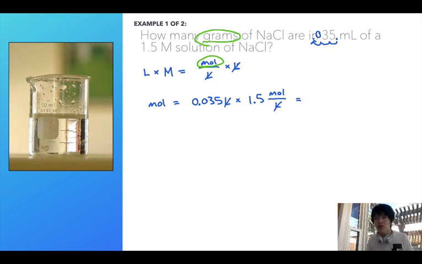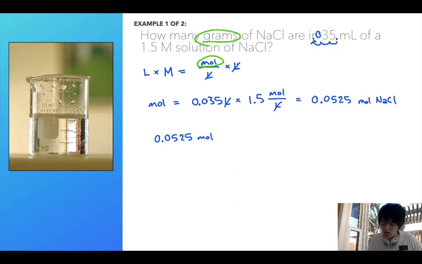So I'm going to write our equal sign right now, and if you type this in a calculator, 0.035 times 1.5, it's going to equal 0.0525 moles of salt. Okay, so we do have the amount of moles of salt. But the question wasn't asking for moles, was it? It was asking for grams of salt. But we needed to do this step because once we have our 0.0525 moles of salt,